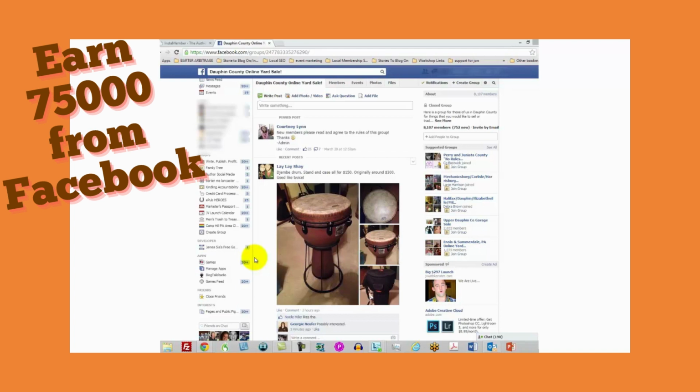Now, depending on where you are in the world, you might not be able to do this if there are no yard sales or things like that. But you might need to find the phrase that's used in your country. You might need to find the phrase that's used in your local area or part of your country. But if you can find a page where people are doing business, buying and selling, that is where you will want to come to do this kind of cash business.